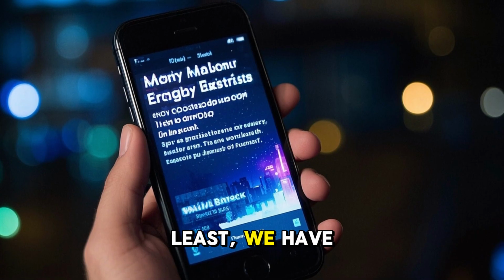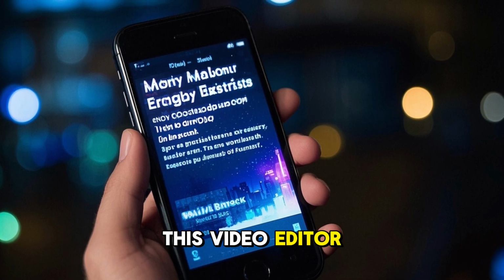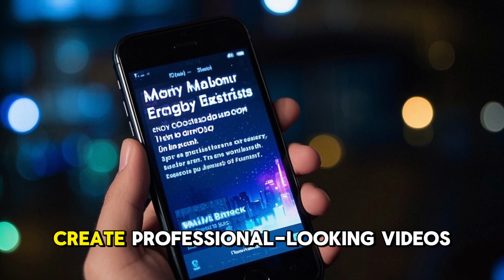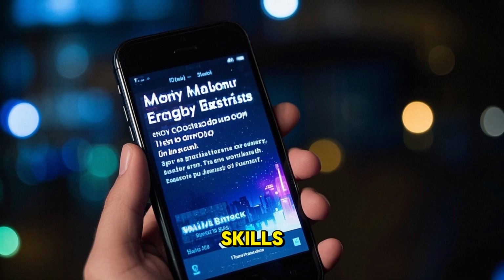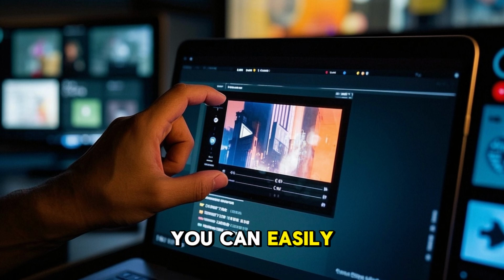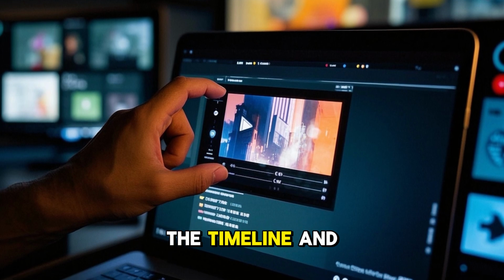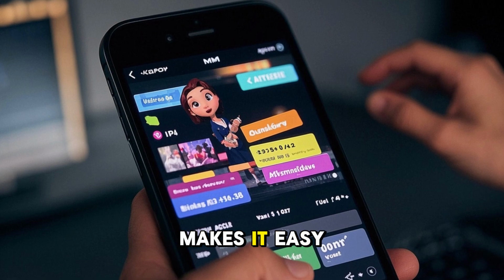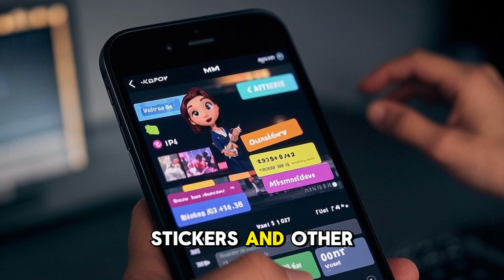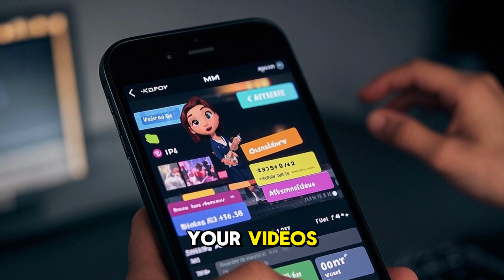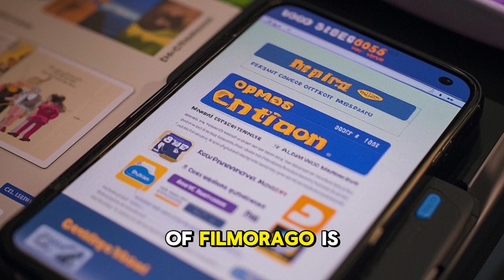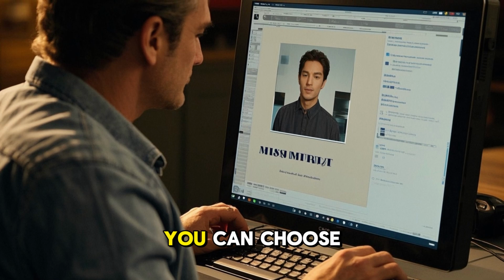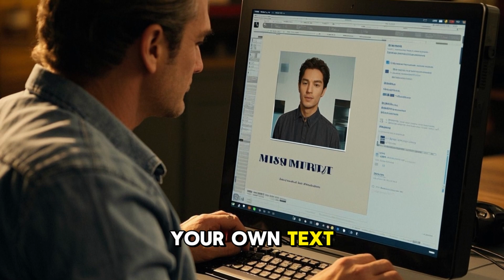Last but not least, we have FilmoraGo. This video editor offers a variety of creative themes and animated text options that can help you create professional-looking videos without any editing skills. With FilmoraGo, you can easily trim and arrange your clips on the timeline and apply various filters and effects to them. The app also makes it easy to add text, stickers, and other graphic elements to your videos. Now, one of the standout features of FilmoraGo is its range of animated text options. You can choose from a variety of pre-made templates or customize your own text animations to fit your